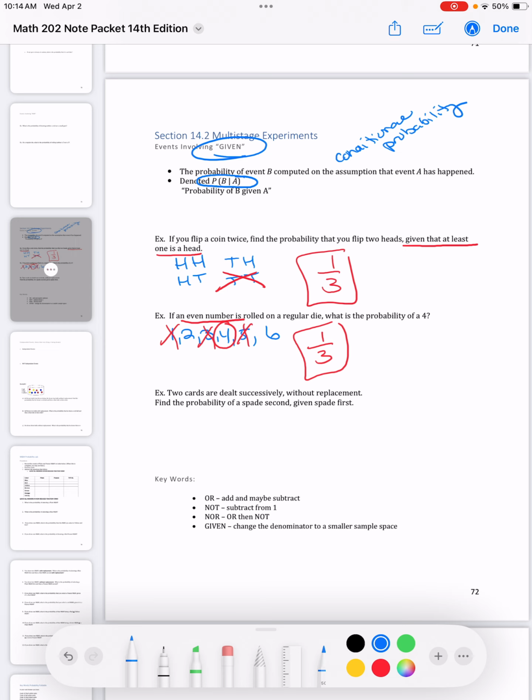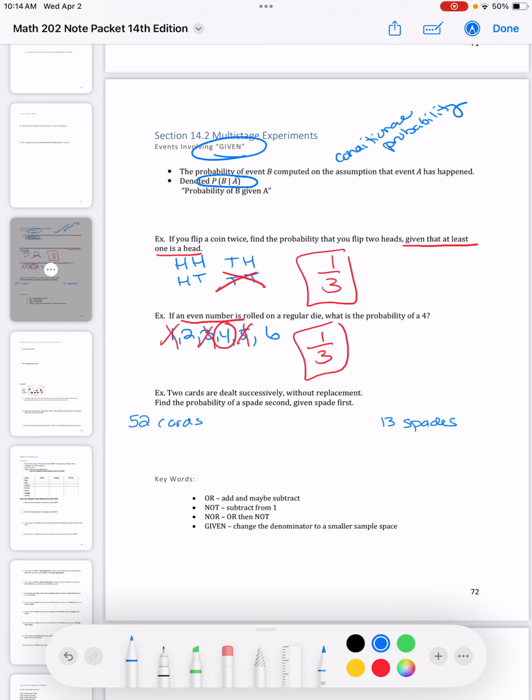This one's cards. Just to remind everybody, there are 52 total cards. And in this case, we're going to be dealing with spades. There are 13 spades. We're going to deal 2 cards without replacement. That means you do not put it back in. Once you take the card out of the deck, it stays out of the deck. We want to find the probability that we get a spade on the second card, given we got a spade